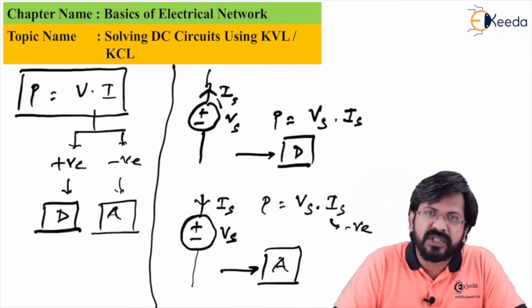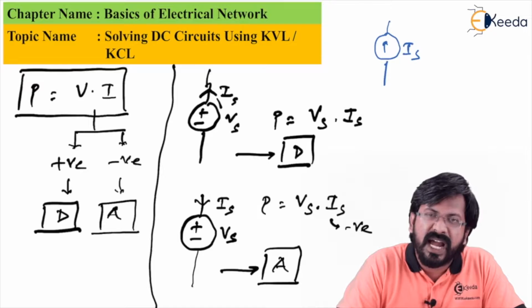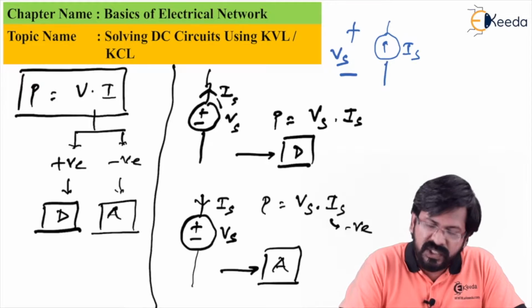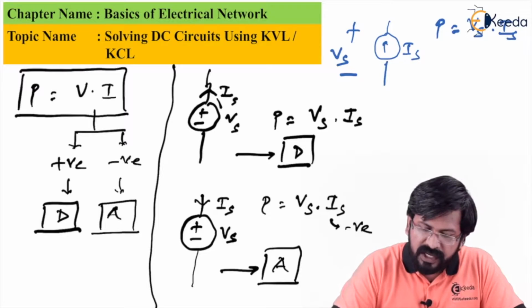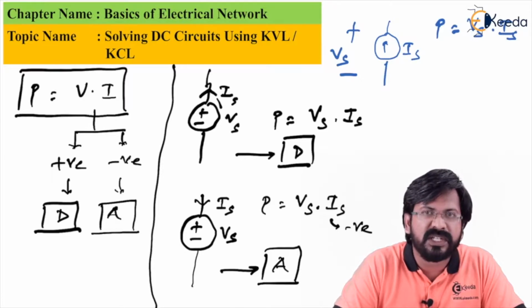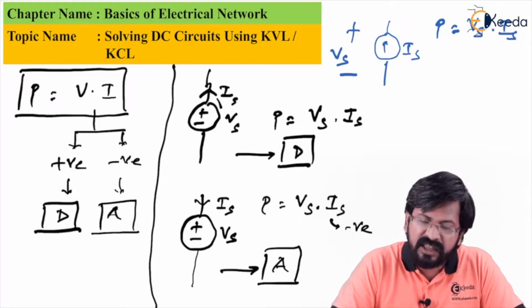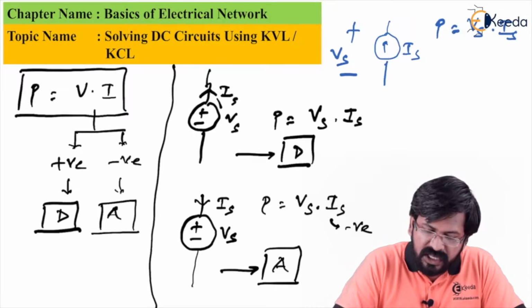The way in which we have understood in terms of voltage sources, let us understand them in terms of current sources also. Assume a current source like this, let's say upward direction Is. Every current source has some voltage across it, let's say plus minus Vs. In this case also, power is a product of Vs times Is. If you see voltage and current, as you can see, current is coming out of the positive terminal, which is in a way the correct direction of the current, and can be considered as a positive current, and therefore the product of both comes out to be positive. So in this case, the given current source delivers the power.